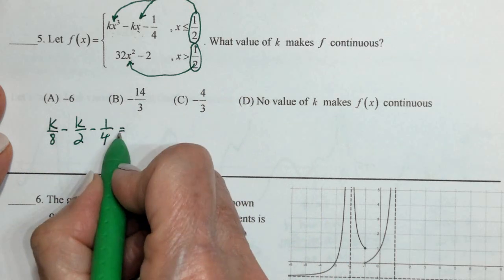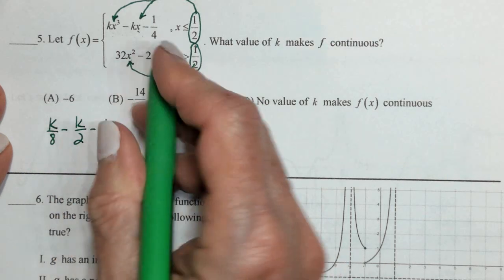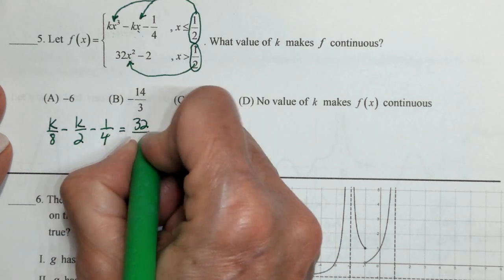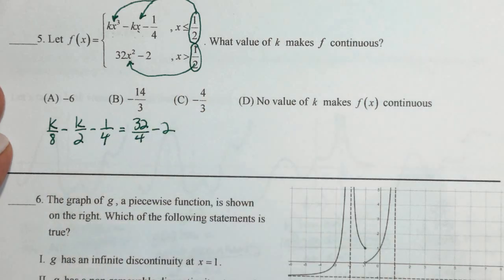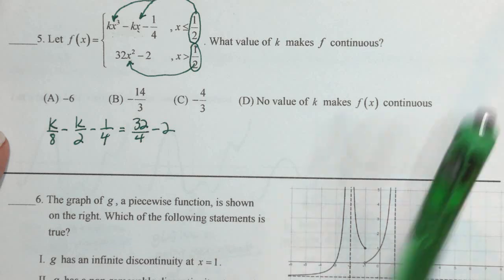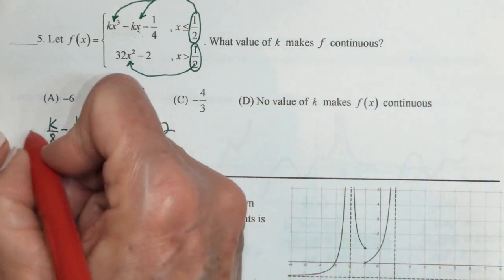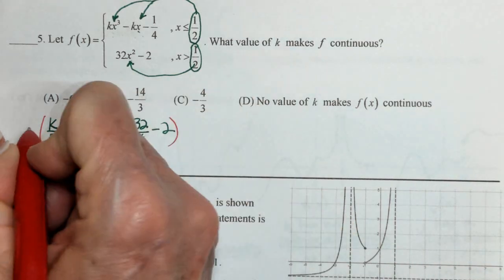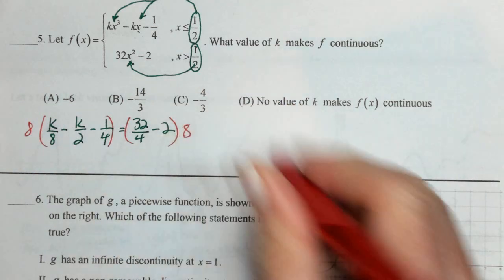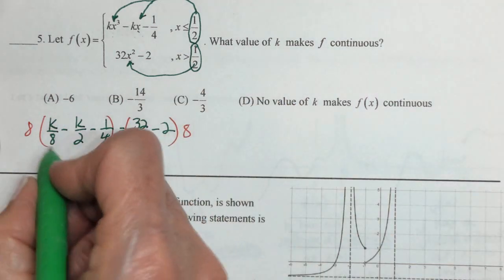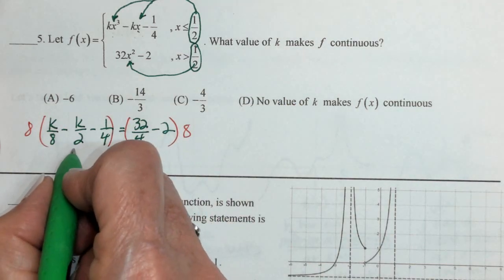And I'm setting that equal to, put 1/2 in for this, I'm going to have 32 over 4 minus 2. Okay? How would I do this? I would probably right now multiply both sides by 8 to get rid of those fractions. You might do it a different way, and that's fine, but this is the way I choose to do that